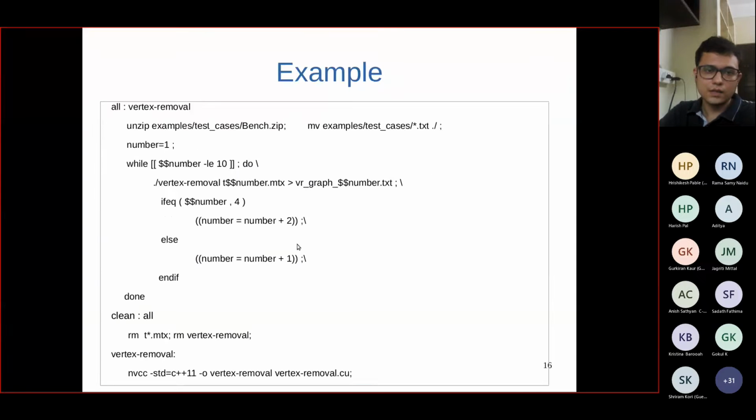And what we are doing here is that we are also using this if else condition. With this if else condition, we are checking if that number is 4, then we are skipping the number by 2. So we are not running the test case number 5. If you see this execution pattern, you'll see that the test cases on which we are running the program are 1 to 4, and then from 6 to 10, and we are skipping the 5 because